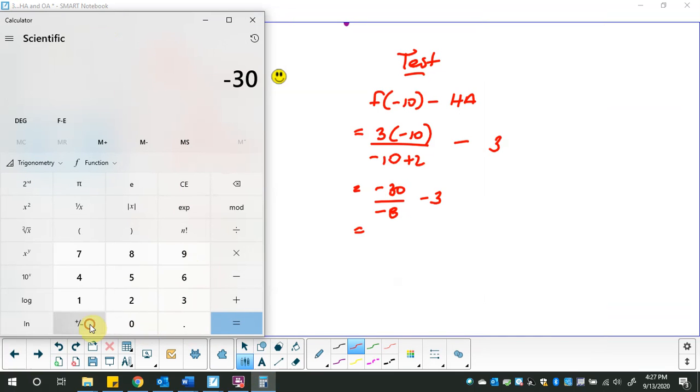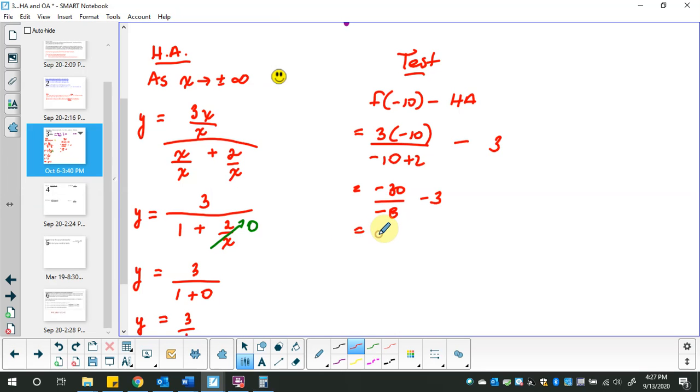Negative 30 divided by negative 8, and then I'm going to minus the 3, and I get... don't care about that number. What I care about is that I end up with a positive result, which gets me to say above. And then I can restart this whole thing,